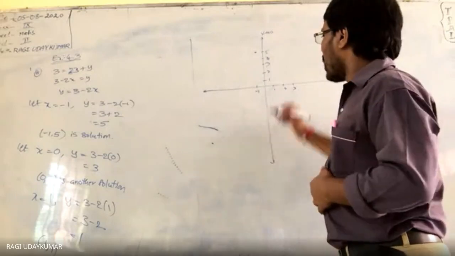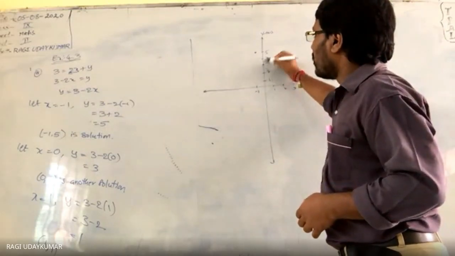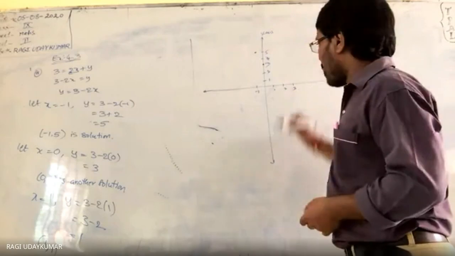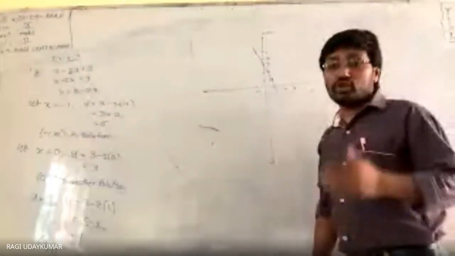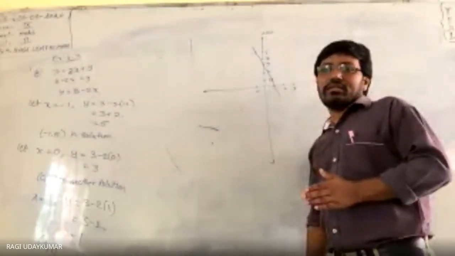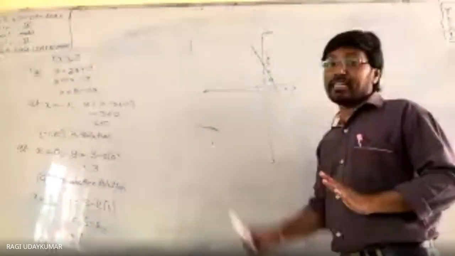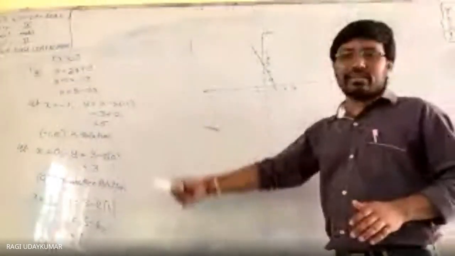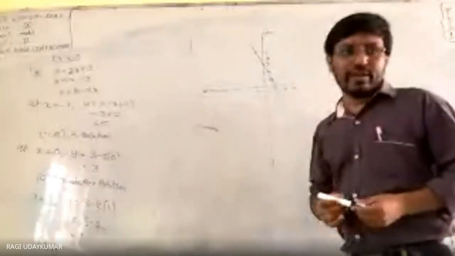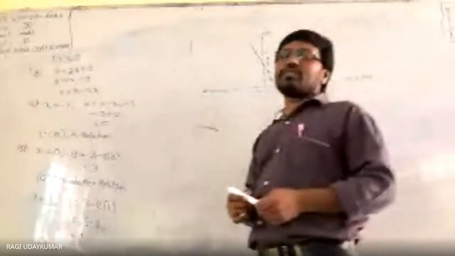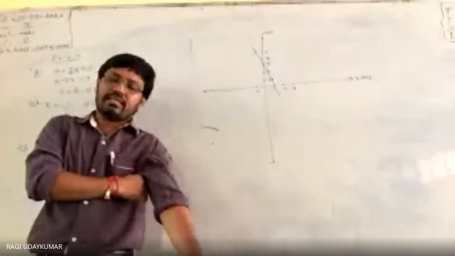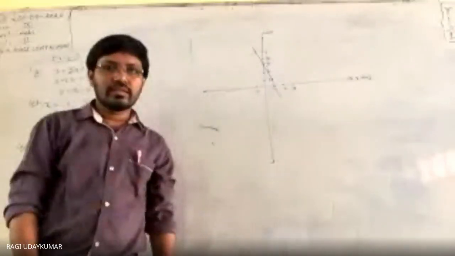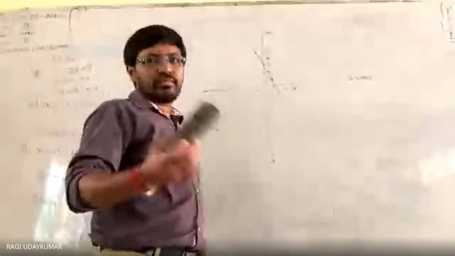Next point is (0, 3), (0, 3) here. Next one is (1, 1), (1, 1). तीनों को ज्वाइन करो। If you are not able to join the 3 points, then somewhere else you did a mistake. Either plotting is a mistake or the calculation is a mistake. So like that you can find out the solution, means graph of the linear equations. तो graph को ऐसा find out कर सकते हैं। समझ में आया ना? Is it clear? Yes, sir.